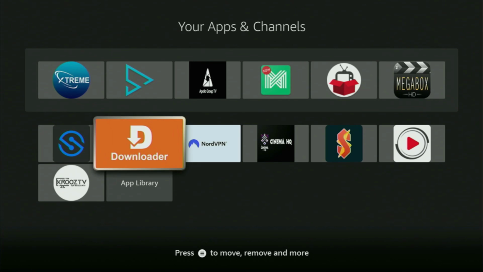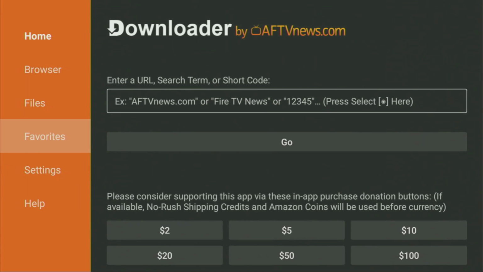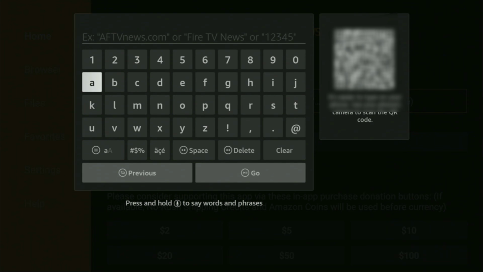So now we go and open up Downloader, wait until the app loads for you, then on the left side menu, make sure to click on Home and not on Browser. So after clicking on Home, we gotta click on the search button, and now in that search bar we'll need to enter a link, which is going to be